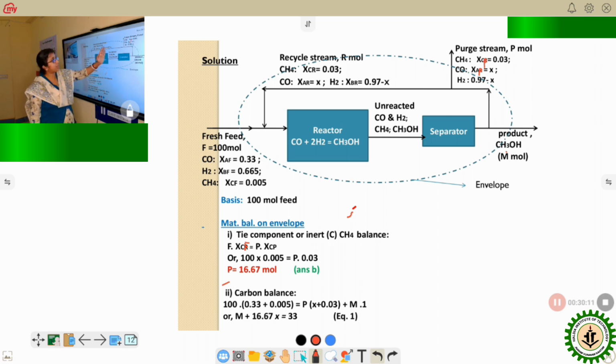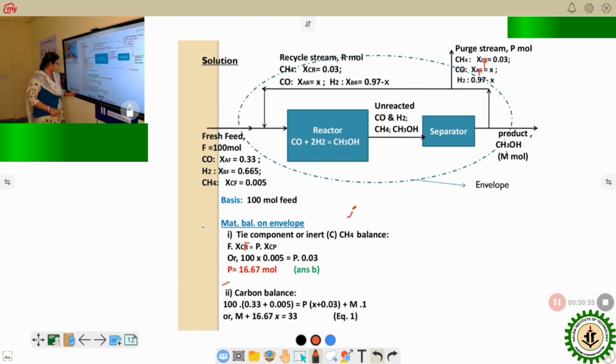So thus we are getting total hydrogen from P mole. From the product, if 1 mole of methanol is giving total hydrogen 4 mole,